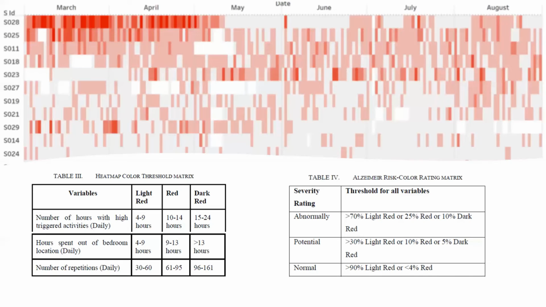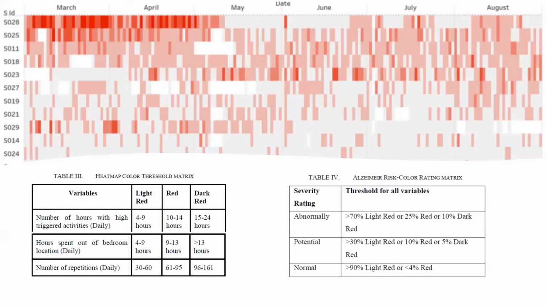And looking at the next column, based on how red each elderly person was for that particular day, or for that month, they were able to determine levels of severity of Alzheimer's in that particular elderly. So if you look at the severity rating compared to threshold for all three variables,